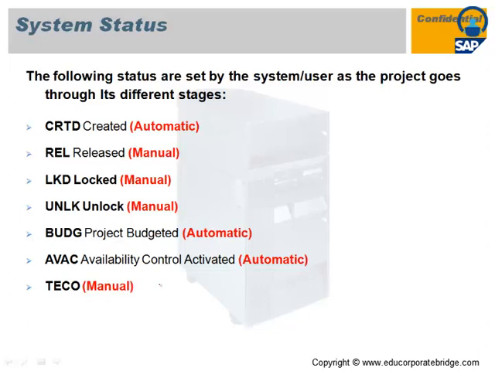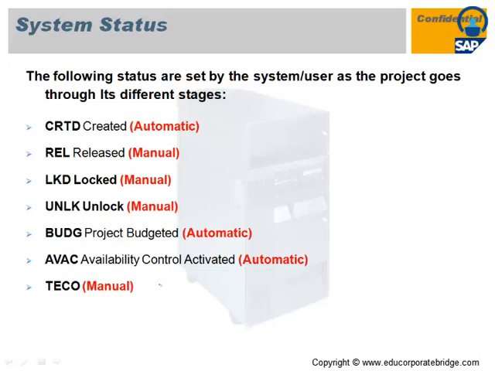As soon as you do any budget on the particular WBS, automatically the BUDG status gets activated, and automatically availability control also gets activated on the entire project. TECO means you cannot create any new commitment, that is, you cannot create any PR or PO on that particular WBS, but you can close existing PR or PO. As soon as you apply a TECO status on the particular project or WBS, the system will not allow you to create a new PR or new PO on that WBS. That is the status for controlling the business transaction. This is the predefined system status which is provided by standard SAP.